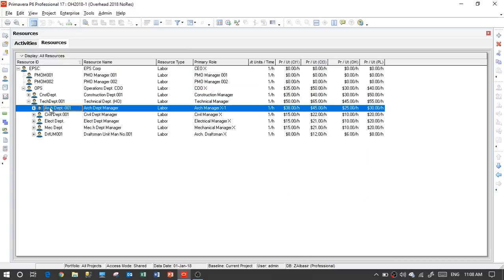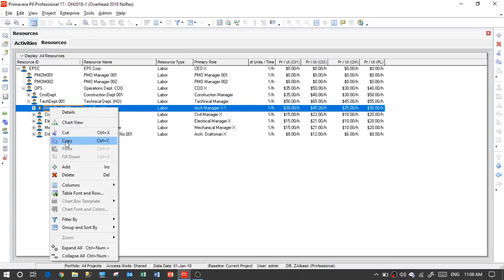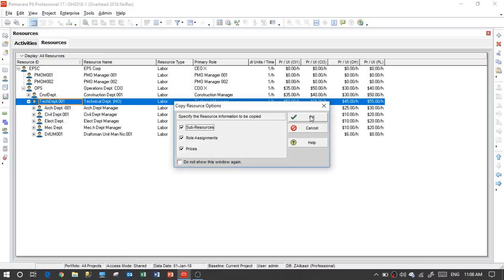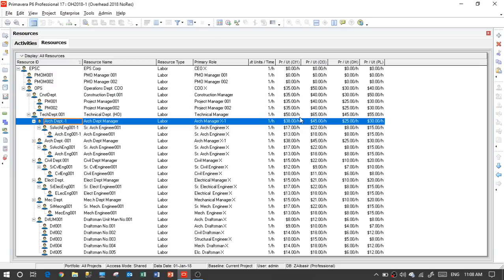let us copy this architect team and paste it like this. It asks, do you want to specify the resource information to be copied, sub-resources, role assignment, prices? Yes, keep it all, I don't mind. Okay, now it gives us this. Now let me change the architect to QS department.